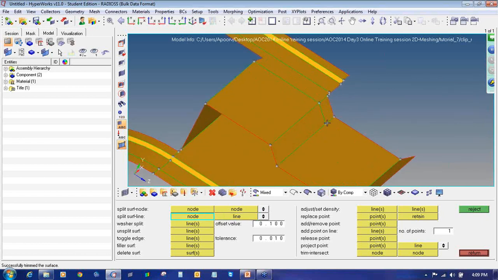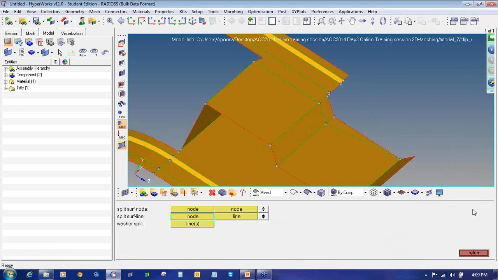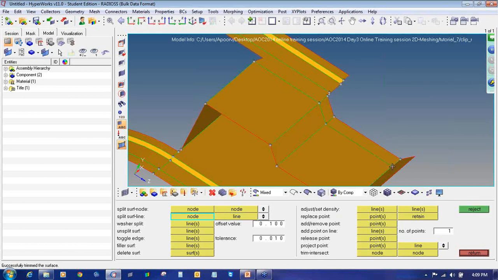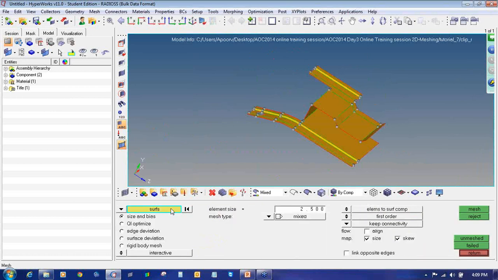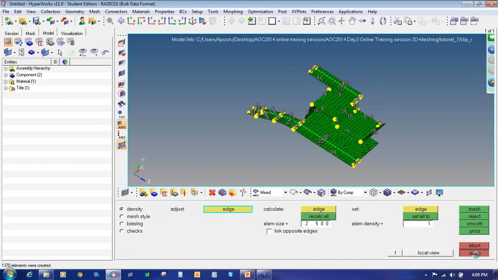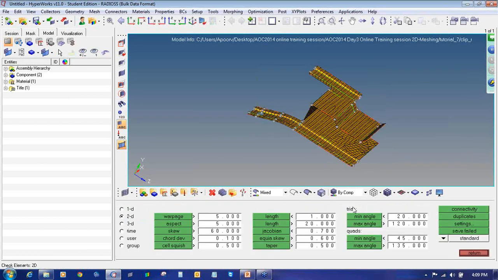You can also continue the splitting up till the end. And then again we will go to the 2D AutoMesh panel. Click on the surface displayed and say mesh. Return. Again check the element quality. Now you can see by just changing some of the features of my geometry, all the elements which were failing are now properly meshed with the AutoMesh panel. Now the minimum length is coming as 1.17.